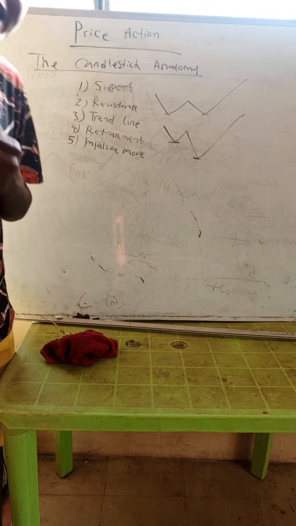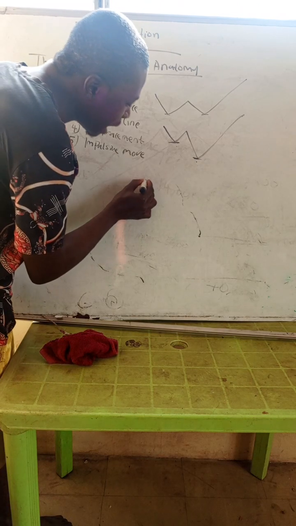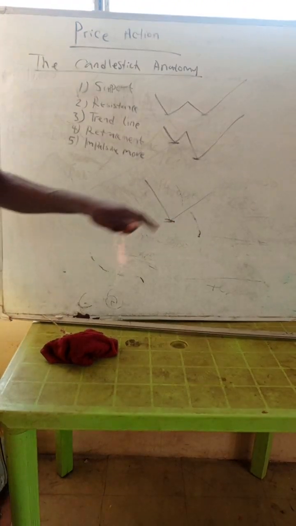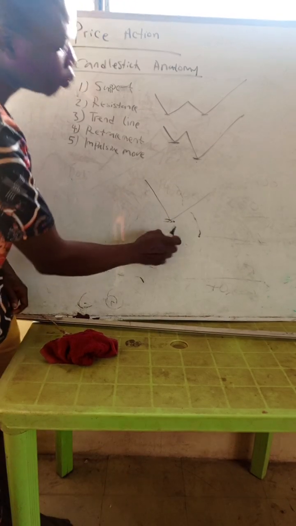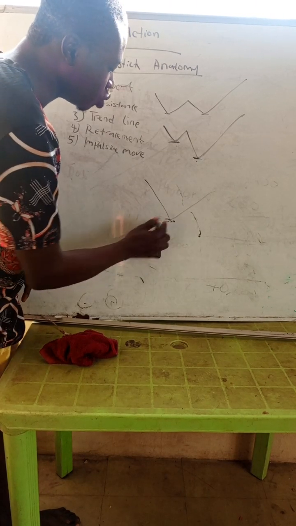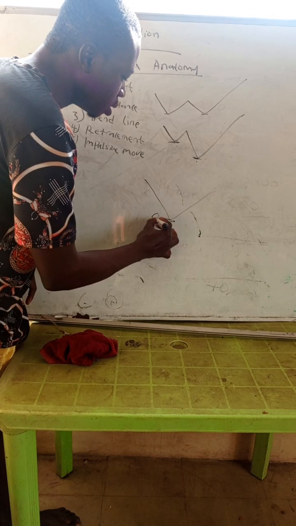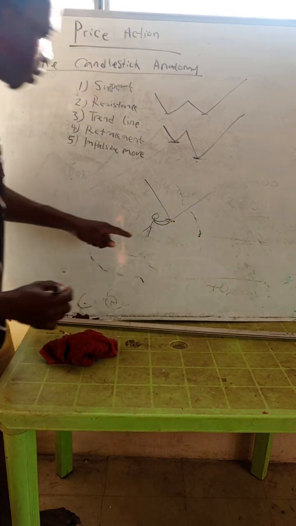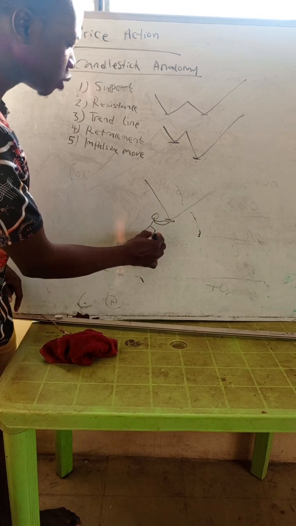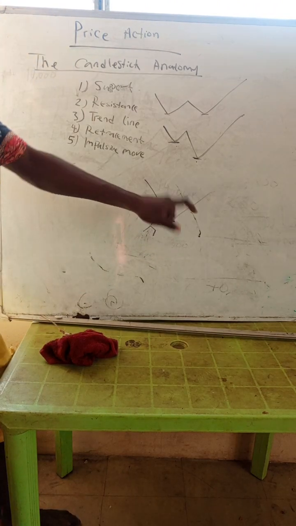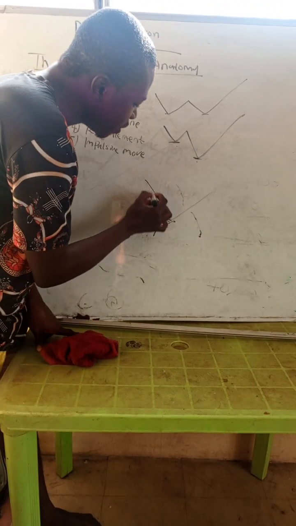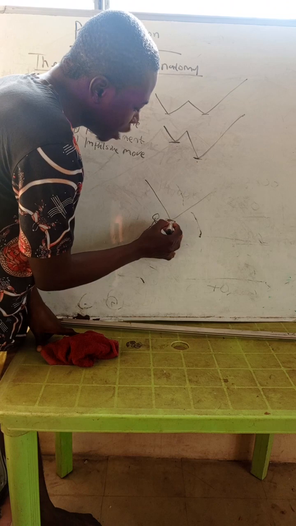So anywhere you see a reversal to the upside, where price was going down, down, down, and stopped and started going up, that place can be marked as a support. We use the word support because it's as if you're supporting the price to push up. Just as when someone is trying to push you, someone is trying to provide support to you to move up. So it's as if he's trying to support this price, push it up. So here is the point of support. The price was falling, and then this man held it here and supported it to push up.